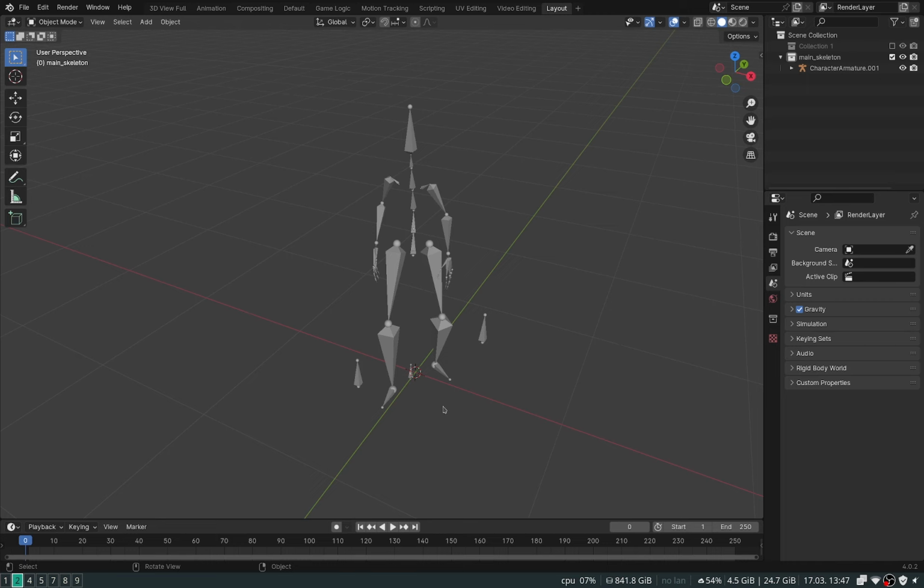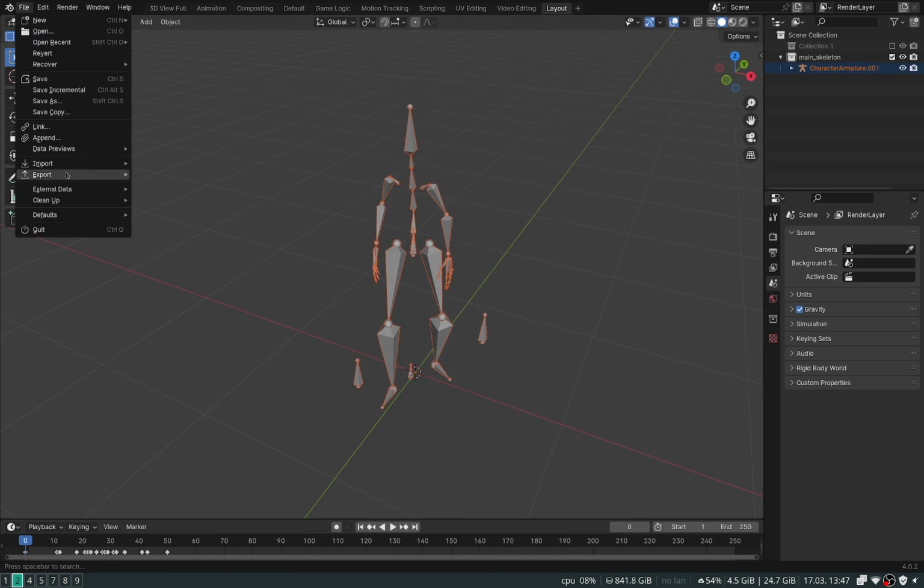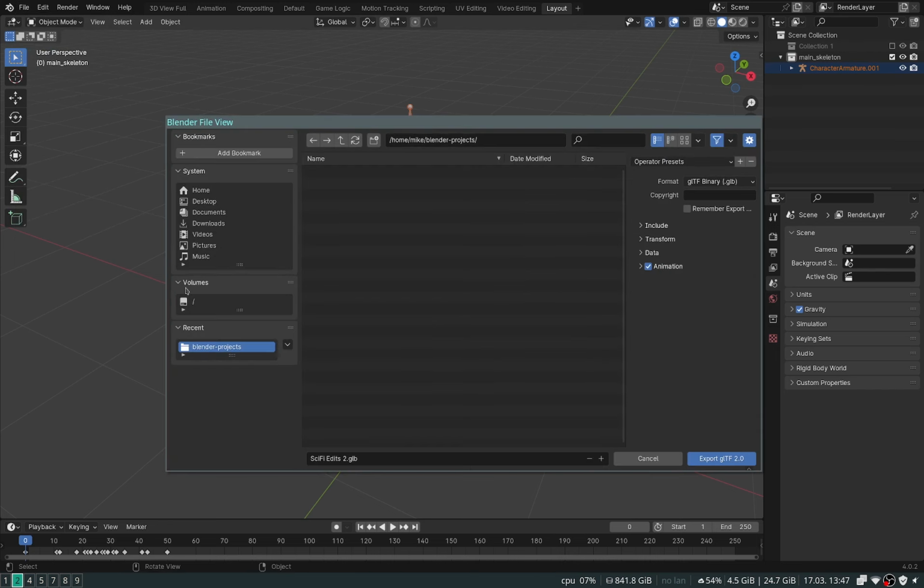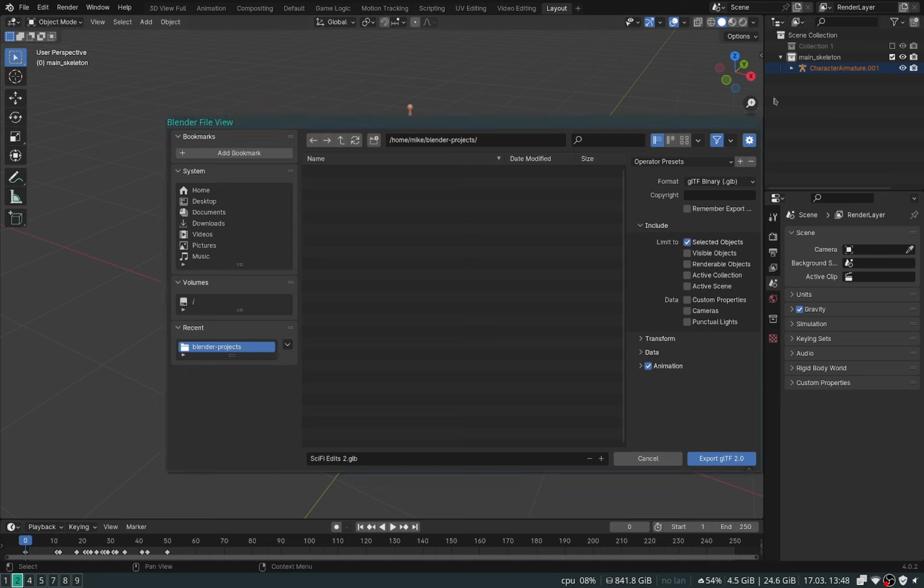So we would like to export this, and this is what we're going to use as the base for our character. So we'll select it all. We'll head up to File. We'll head to Export, somewhere it is, here it is, and we want GLTF because that is the file type Bevy uses. And we're going to do some certain options here. First of all, we do want the animations for this. Now for include, we only want to limit it to selected objects because we don't want to export the other